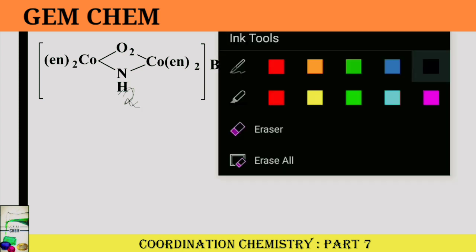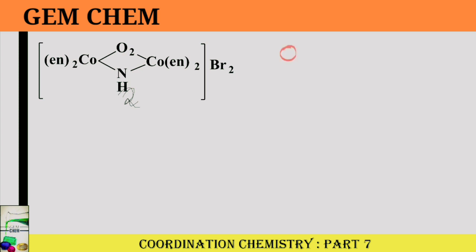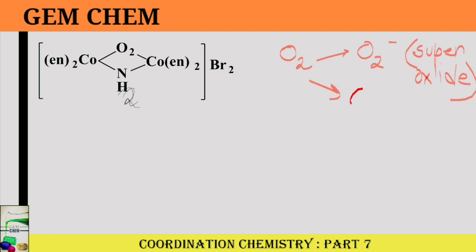Now remember, very important this part, that O2 means it can be molecular oxygen or it can stay as O2 minus, which stands for superoxide, or it can stay as O2 2 minus. So it will be peroxide, right? So if we consider this one, then here let us take the valency or the power of cobalt oxidation state